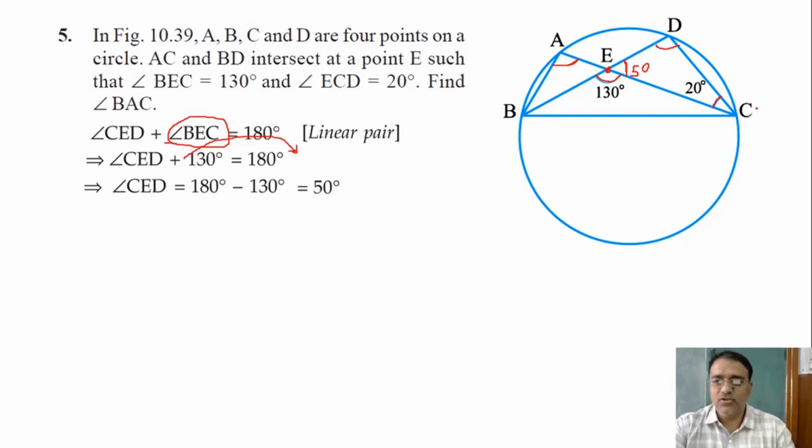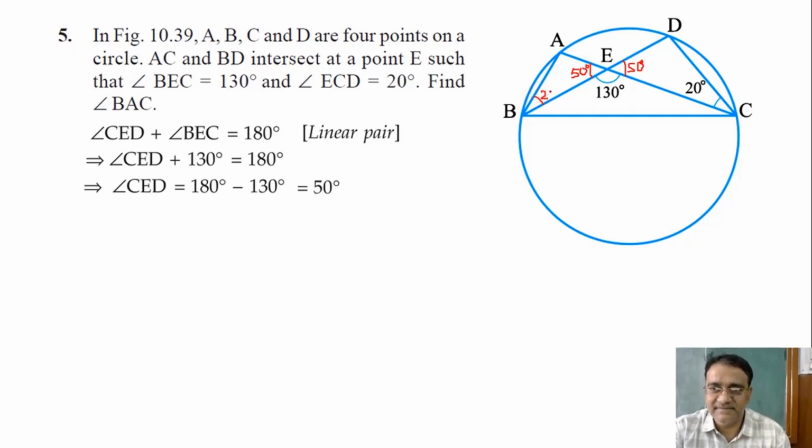110 degrees. Okay, fine. So we can do this in two ways. Find this angle, 110 degrees, by using the angle sum property of triangle. Then this angle and this angle are equal. Why? Angles in the same segment. The other way, I'm telling you: we got this angle as 50 degrees, and this will also be 50. Right? This angle is also 50 degrees. Yes, sir. And this angle is 20 degrees.